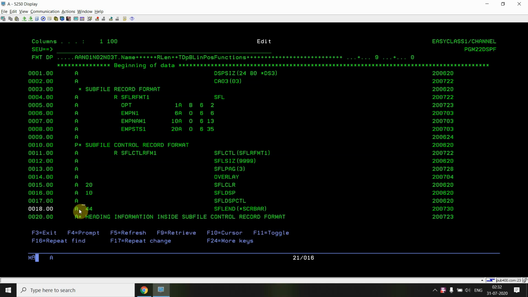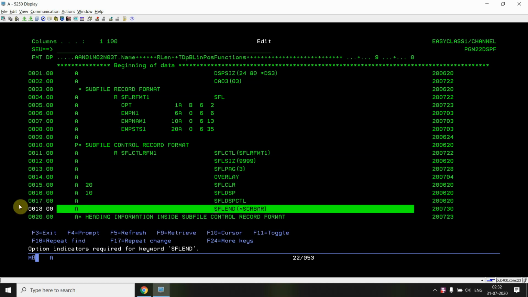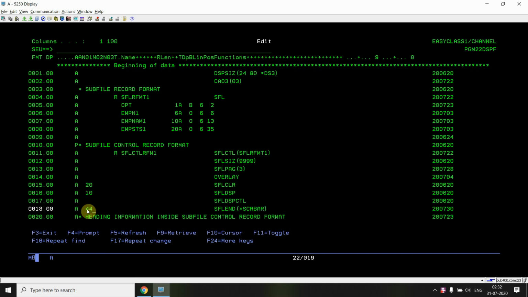Okay, so I have to associate one indicator with the SFLEND keyword. For example, if I don't associate any indicator, it will give me the error: option indicators required for keyword SFLEND. So I'll be giving an indicator here for this one. I just passed the SFLEND keyword with the scroll bar parameter.